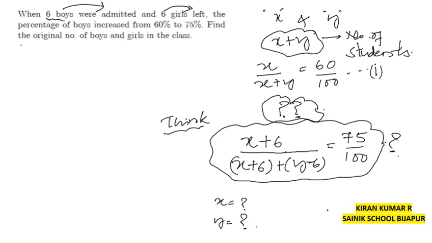Let me give you the answer also. Please check. 24 will be the number of boys and 16 will be the number of girls. This you will try. With this, I'll conclude the chapter. In our next session, we shall take up a new concept called quadratic equations, which is a very important topic in class 10th. Thank you.